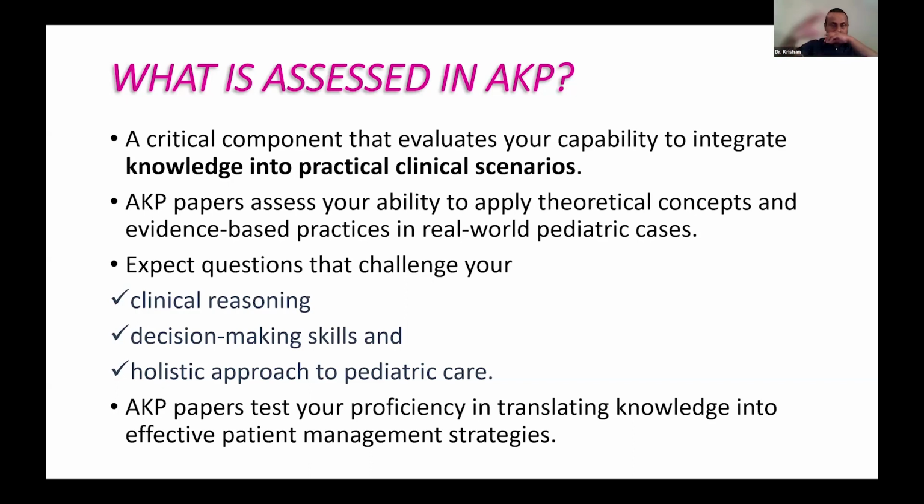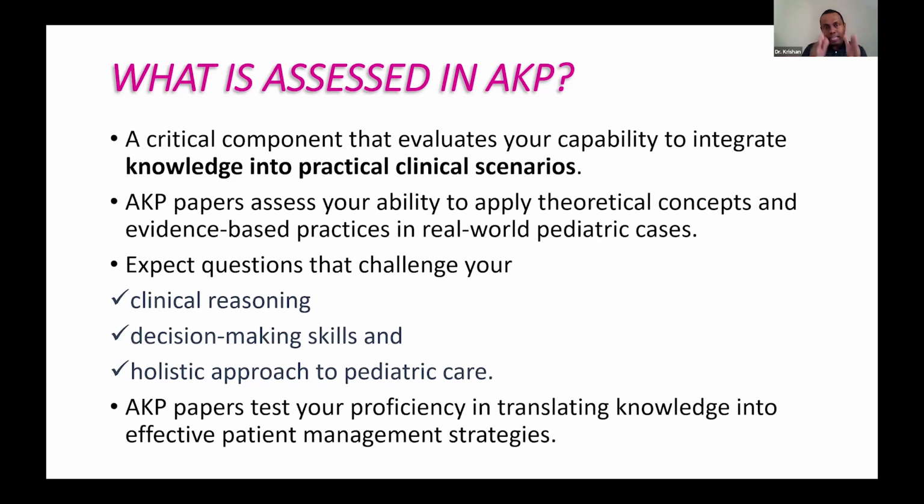Or sometimes they will say this child was presenting with diarrhea, abdominal pain, failure to thrive. You are suspecting, say, Crohn's disease. Which of the following two investigations are appropriate? Then you need to choose two or three investigations. Those are known as extended matching questions. From September 2022, RCPCH has decided not to have any other type of questions, but single best answers only. So we'll keep it that simple.